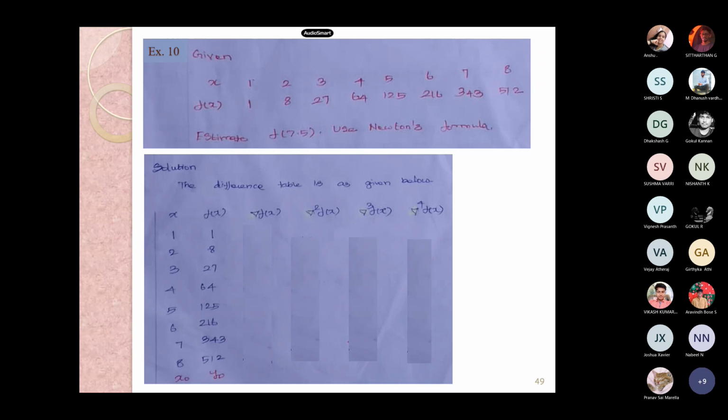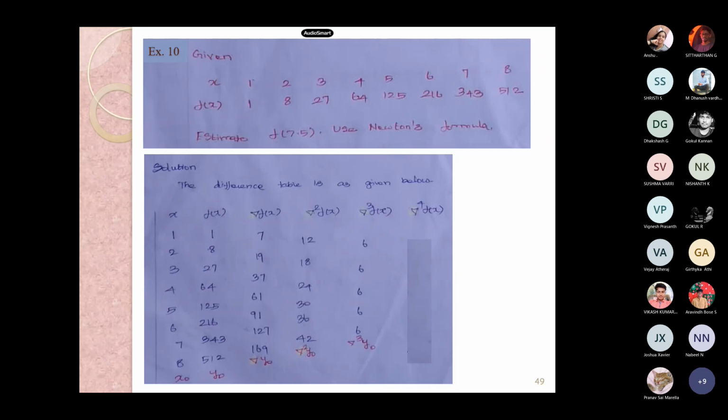So be conscious with the findings in the difference table. We have del f of x, the second difference, third difference, and subsequently the fourth difference. See, this was the difference: 7, 19, 37. Today I am planning to complete the second half of unit 3, so try to calculate very fast. If there is any deviation, let me know. We'll stop, iterate and check with the data, and then continue. Here the difference is 37, 61, 91, 127, 169. Consecutively the differences are 12, 18, 24, 30, 36 and 42.